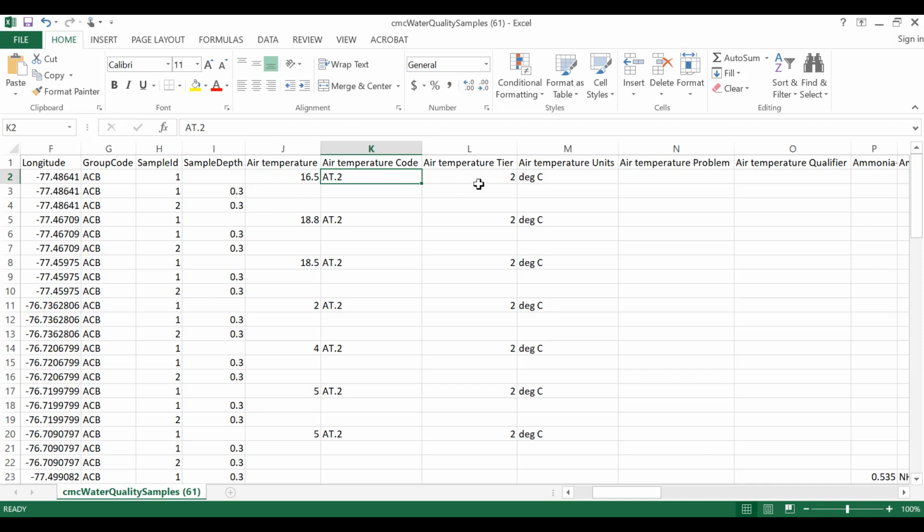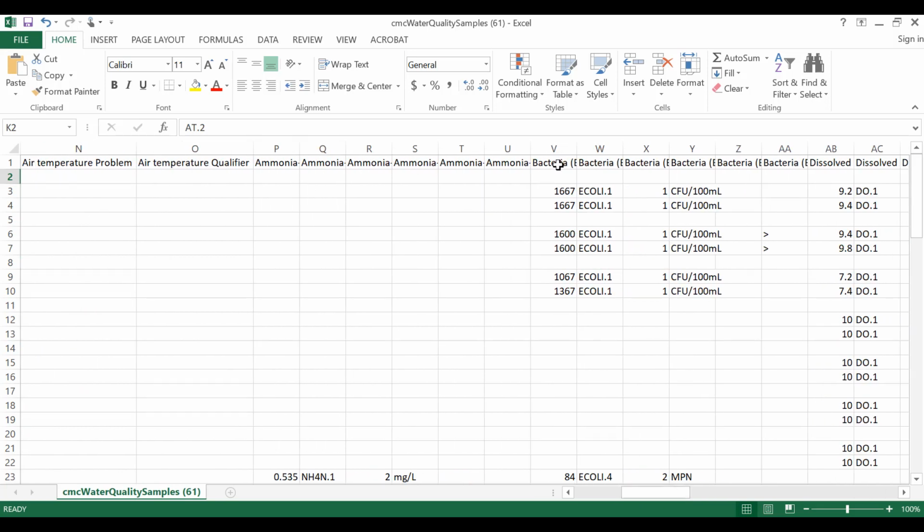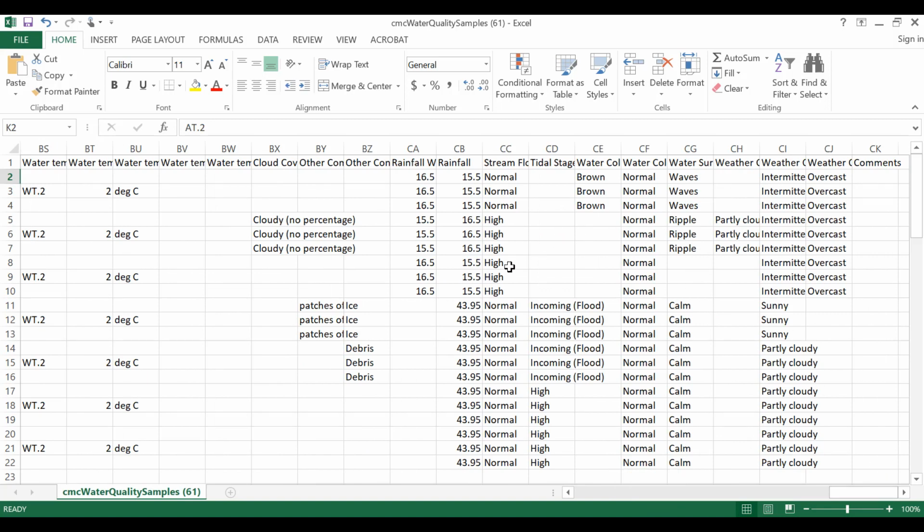The next column indicates the tier level for that sampling event. The next column indicates the units. And the last 2 columns indicate any problem or qualifier codes that are associated with that sampling event. These columns will appear in the same order and will repeat for each additional parameter that's associated with your data set. So the number of columns that are included in your data set will vary depending on the query that you set up. So if we scroll all the way to the end of the Excel file, after the data fields,